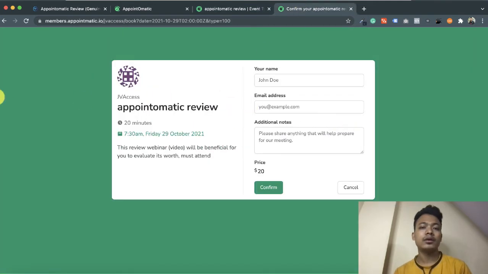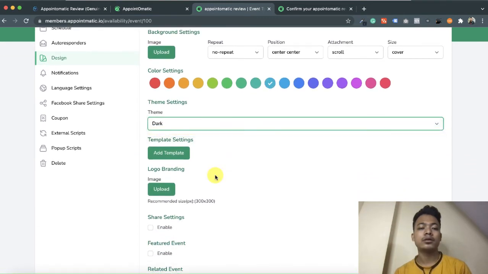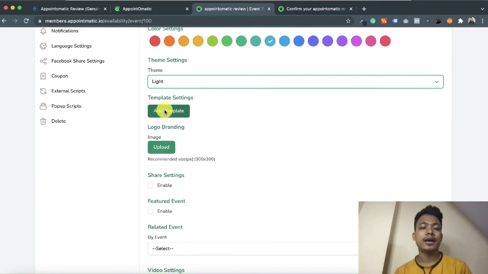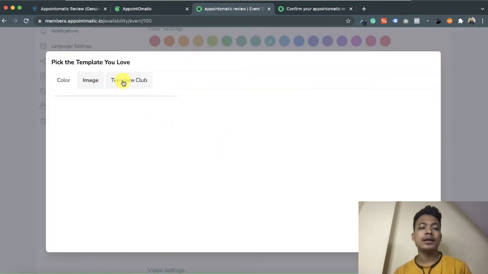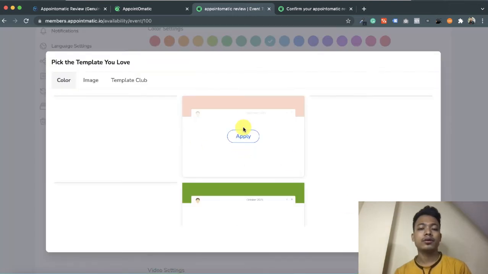You have seen that I have a green background here. Once I choose any other background, if my theme is sky blue, then I can choose sky blue, and the dark theme or light theme. Light theme with blue will be good. In template settings, you can add templates, colors and other things. These are not available at this time because I have not upgraded. Some of the templates are available. They are loading right now.